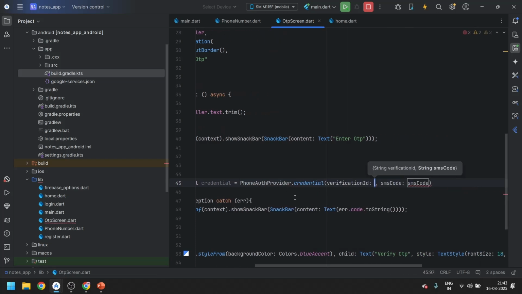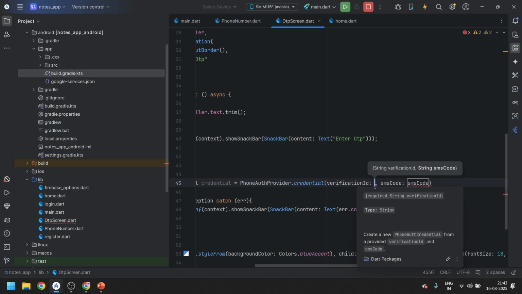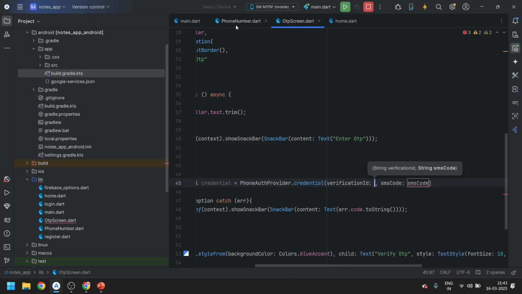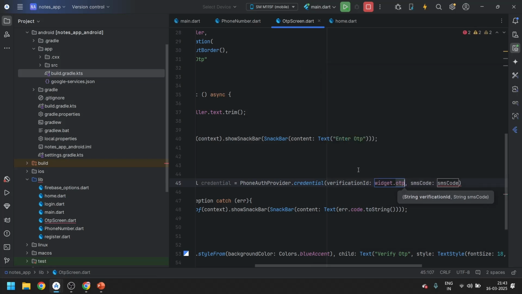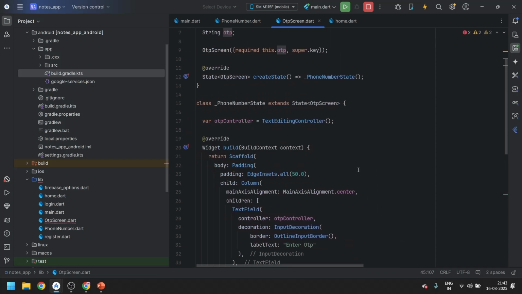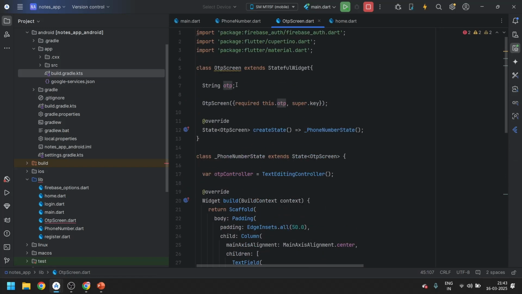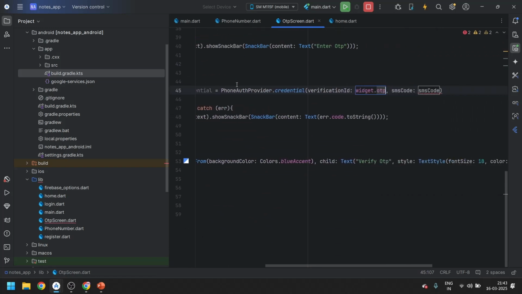Okay, so it's asking for a verification ID. What is this verification ID? This verification ID is the one we get from the phone number class from here. So let's just use widget.otp. We are using widget as it is a stateful class and the OTP is in the above class.